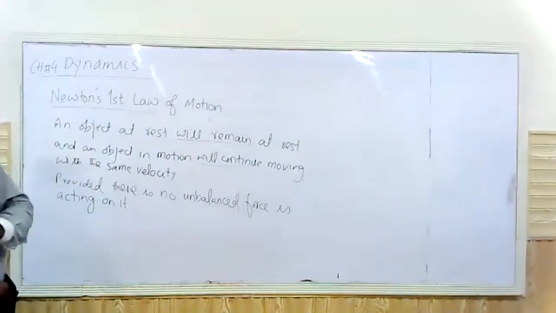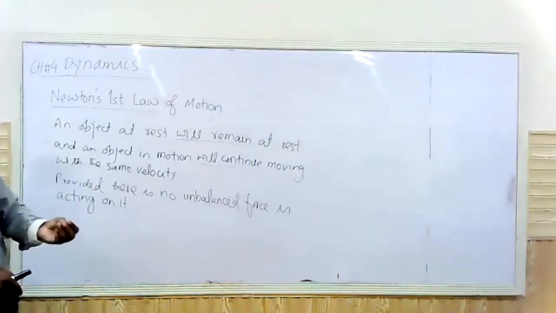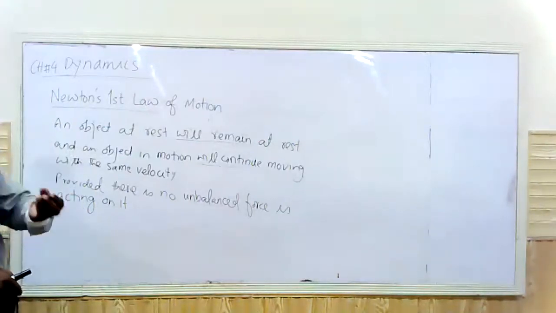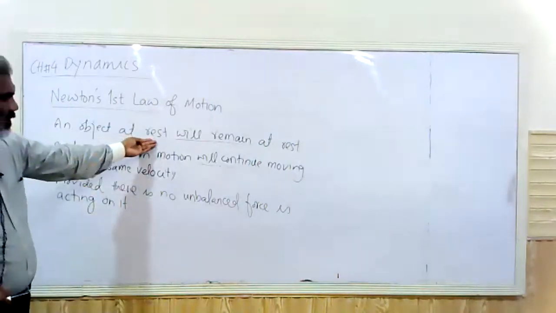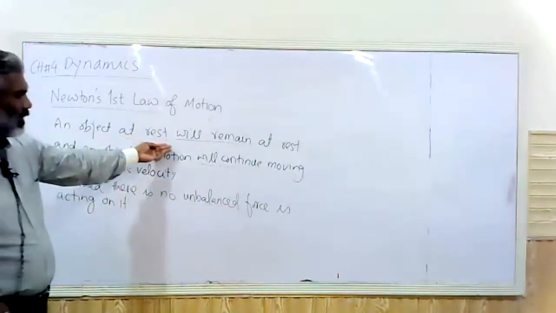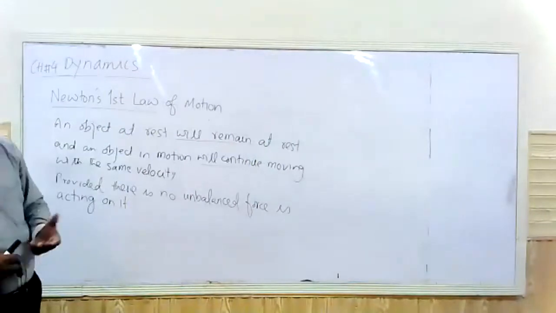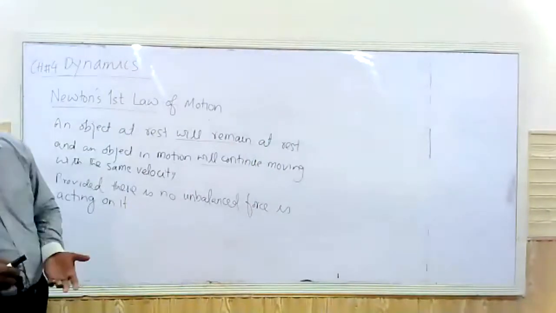You are as comfortable as you are in a room of your home, just like sitting on a sofa in your living room. So rest and uniform motion, which means moving with the same velocity, are the same thing in physics because both